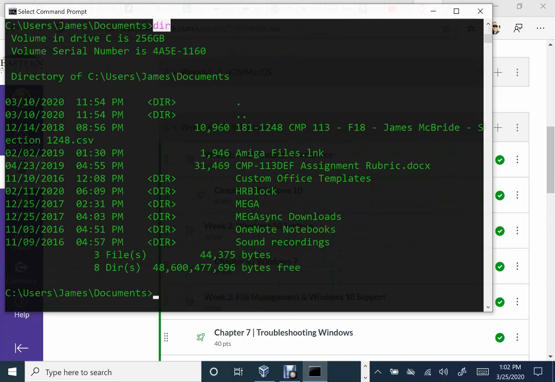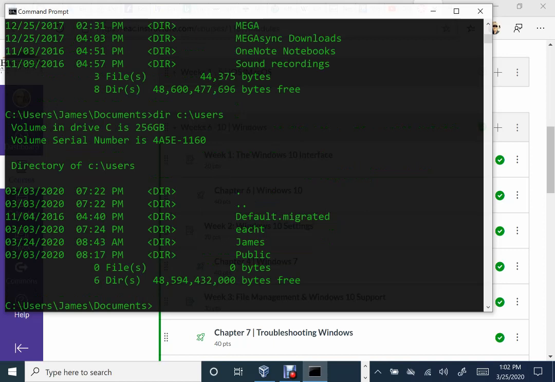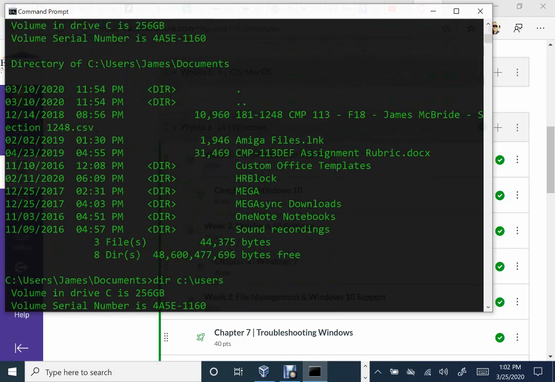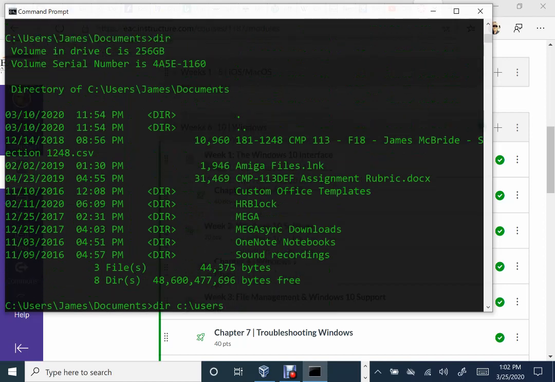So I could instead say, you know what, I actually want a directory of something else, so please give me the directory of users. And so it says, okay, here's the directory of users. Now this is an absolute reference. So I type dir, and then this is exactly the directory I wanted it to list. So that's a real simple example of a usage of a relative reference